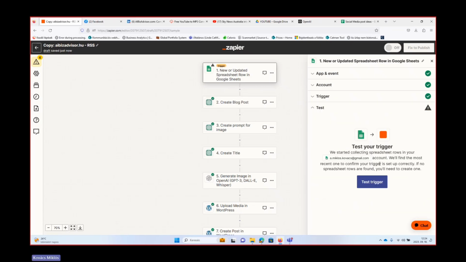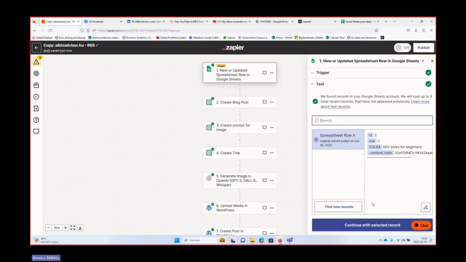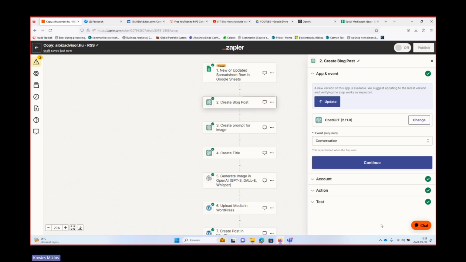And then if I test the trigger, it will find the record. Yes, perfectly fine. Then I should probably generate a Facebook post, right?